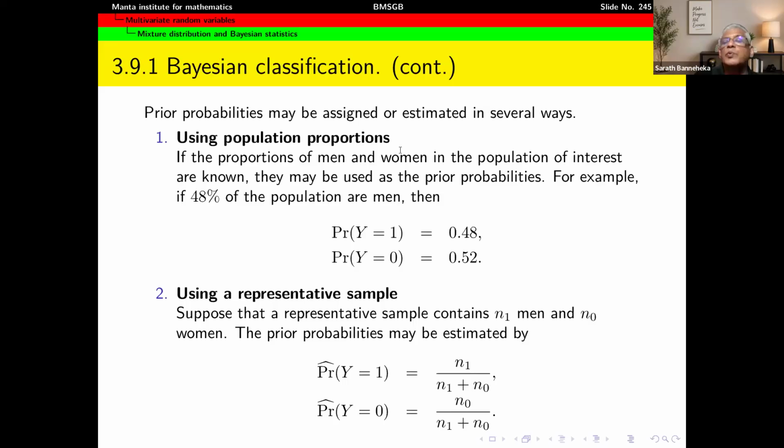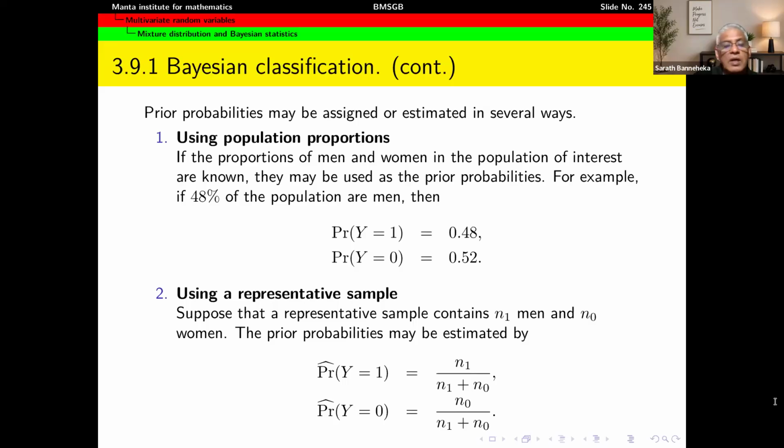For example, using the population proportions, if you know them, for example from a previous census. That kind of thing may be tabulated, therefore you can use those as the actual proportions. If the proportions of men and women in the population of interest are known, they may be used as prior